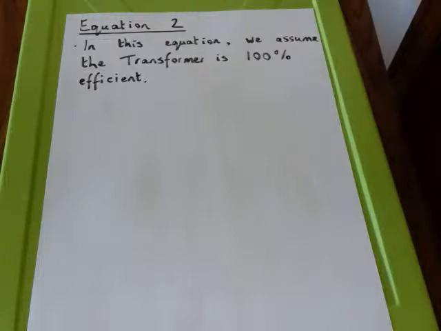Now, what that means practically is that all the electrical energy in the primary gets through to the secondary. So if you have, I don't know, 300 joules of electrical energy in the primary circuit, then 300 joules will end up in the secondary. All of the energy is transferred efficiently. It's an important term and condition here. But the equation itself,